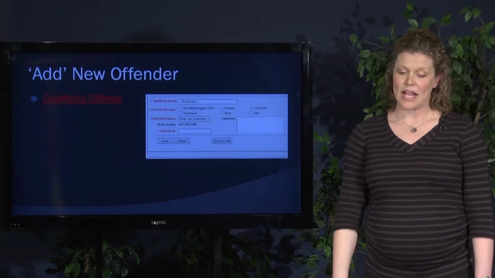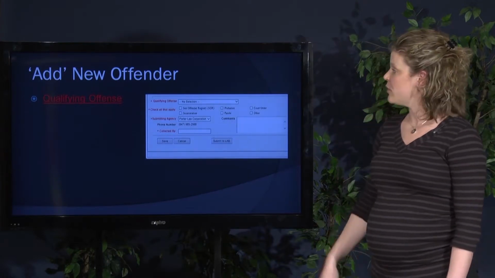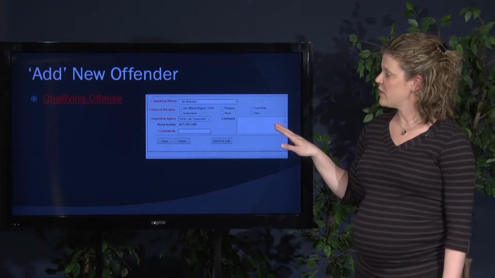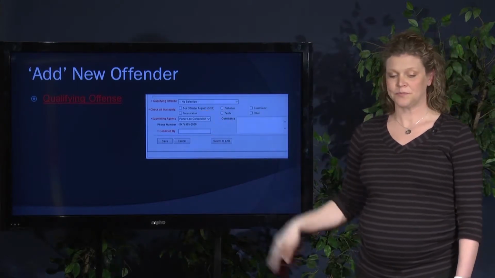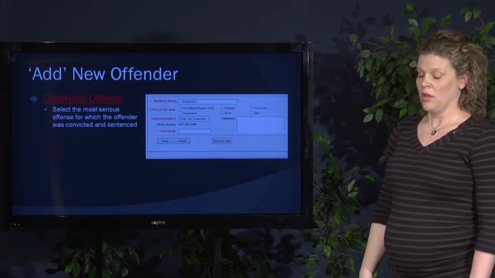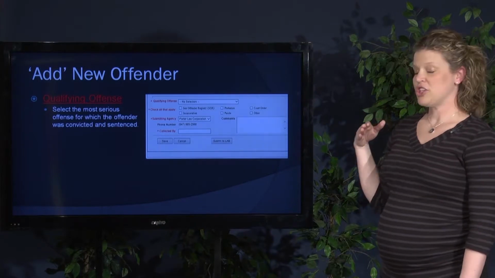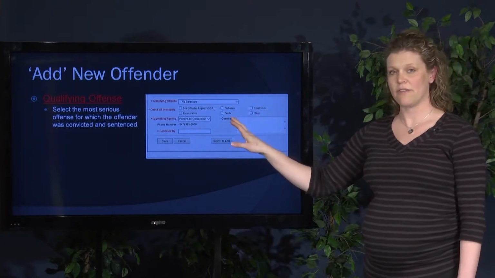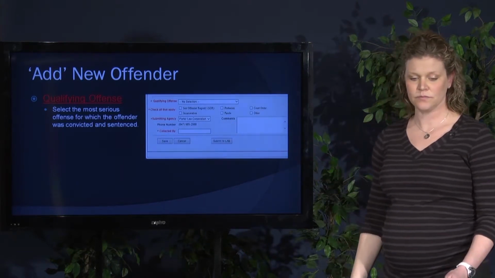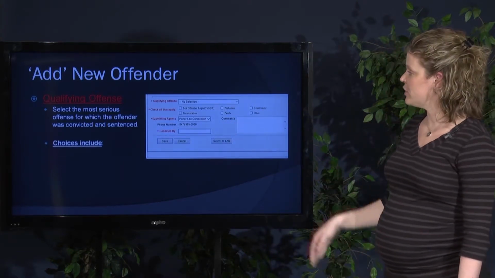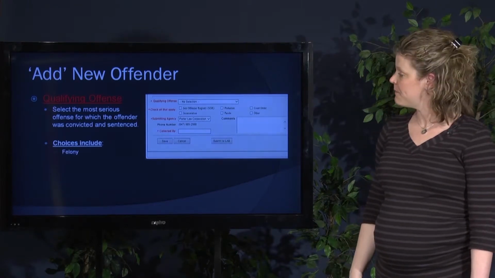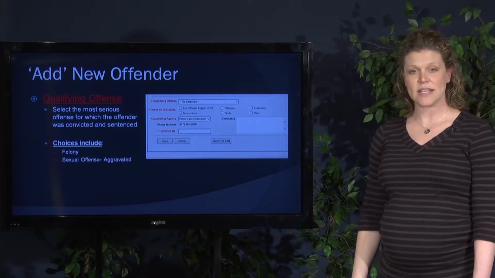All right, back to our Add New Offender screen. We've got qualifying offense down here, and I wanted to talk through this a little bit with you. It's a required field. Right now, we are trying to go for just a general category. We want to know the most serious offense for which that offender is convicted of. Our choices include, in this drop-down menu here, felony, sex offense aggravated,